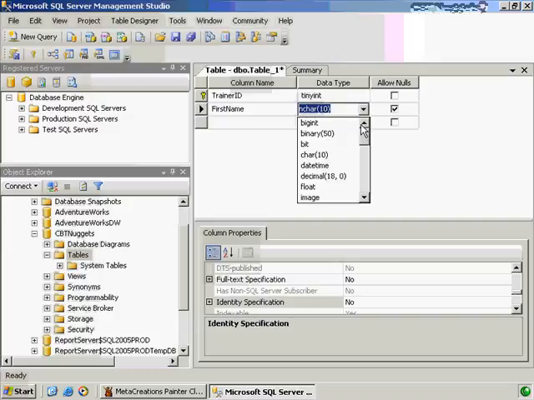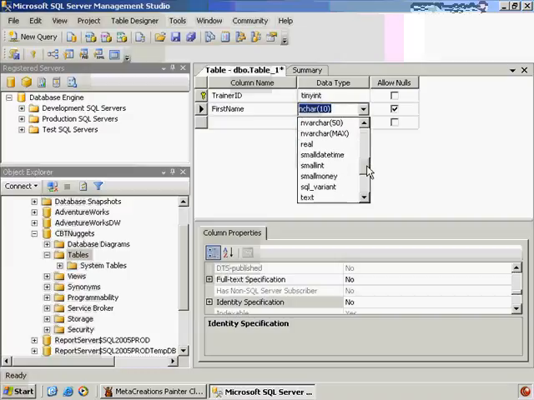And there's also just regular old char. So the difference here is, of course, the n types are Unicode data, and they double the storage of their counterparts here, the regular old chars and varchars. The difference between the varchar and the regular char, as you'll see up here, is